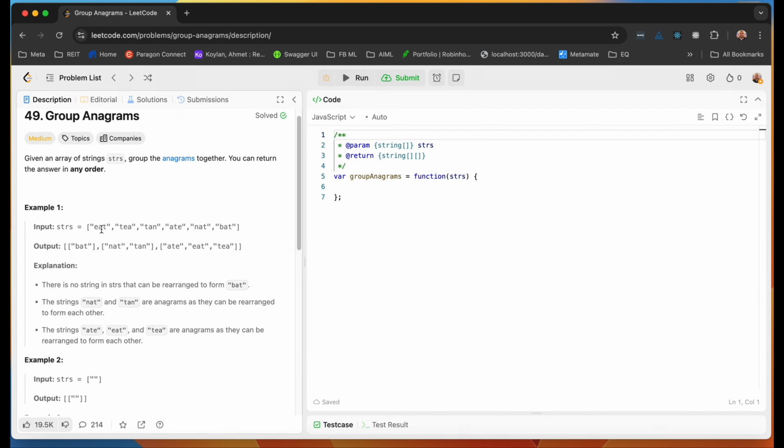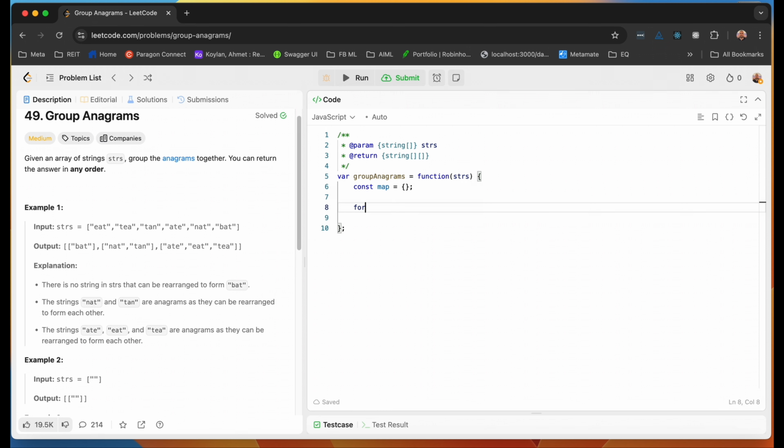In Group Anagrams, we have some strings and we want to categorize them by repetition. The only way to do that is to use a hash map with key-value pairs, where the key is going to be the sorted value, and the value is going to be the array. So in order to do that, let's start with creating a map. So const map,